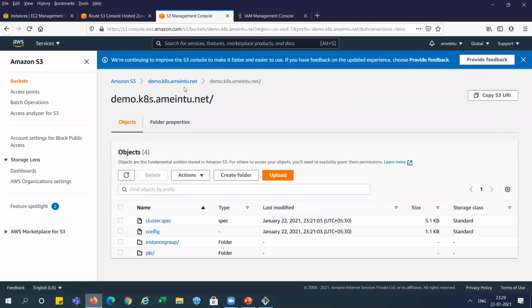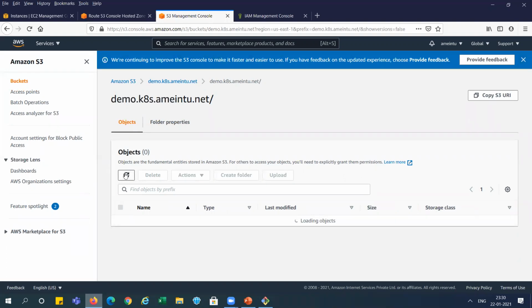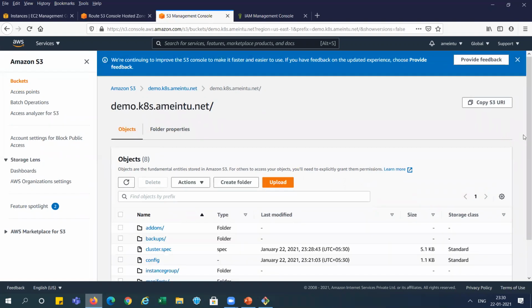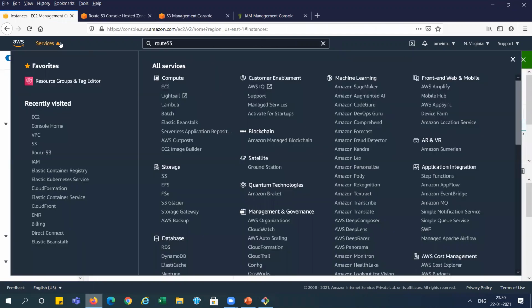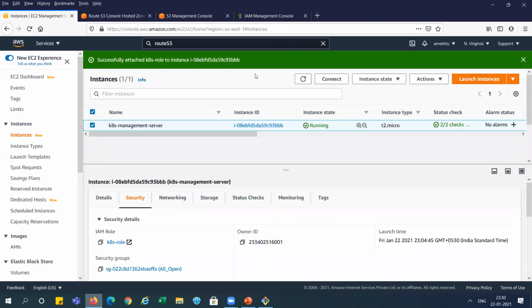And from the S3 side, already it is created. Now we can refresh it. It will create some more files over here, right? See here, it has created some more folders and files, right? And now let's check the instance side, whether we have got any instance or not. Let me refresh it.